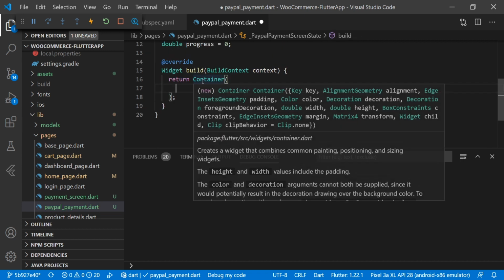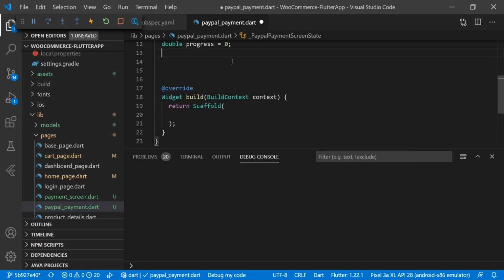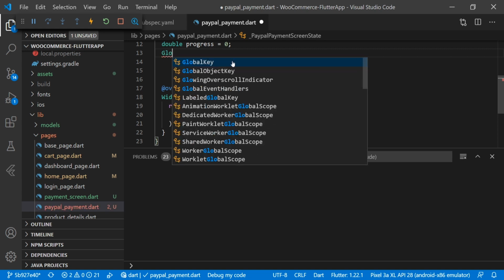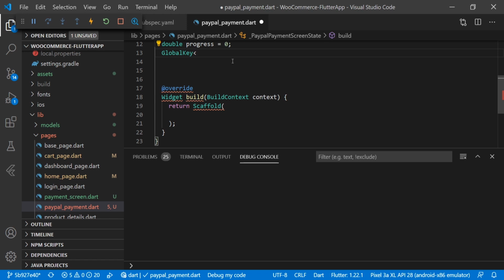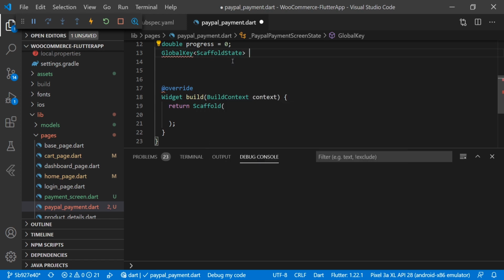Now here we will return scaffold widget. Before that we will create also the key, and here we will have the global key, scaffold state, scaffold key.